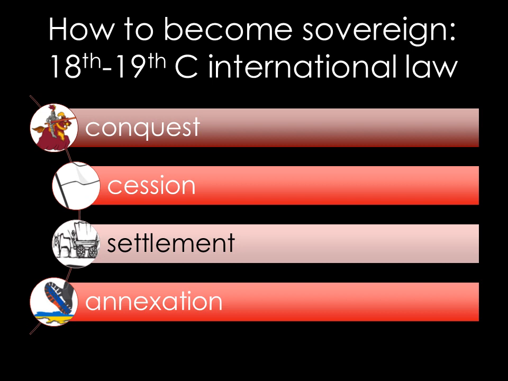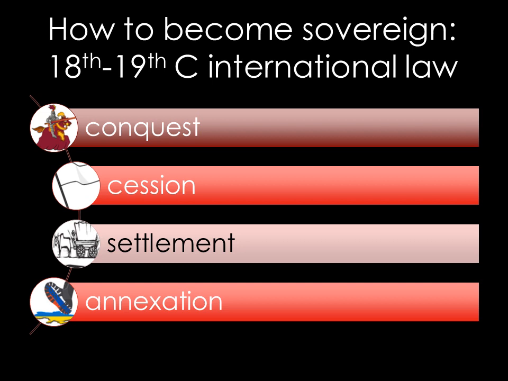So in the 18th and 19th centuries there were four ways recognised at international law to become sovereign. Now this was an important issue in the so-called Age of Discovery because of course the English would want to lay claim over a territory and be able to exclude the Dutch or the French or the Portuguese or whatever. So all these questions of sovereignty were resolved by international law, which of course in those days was effectively European law.